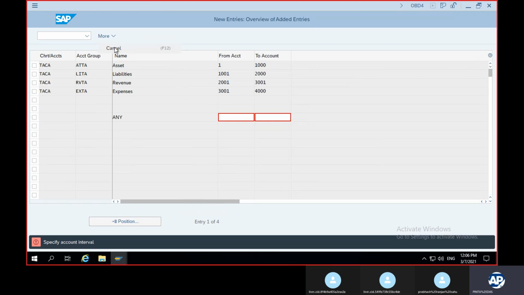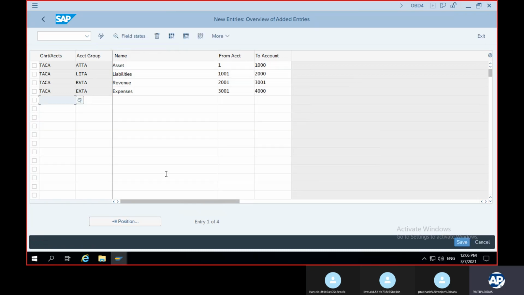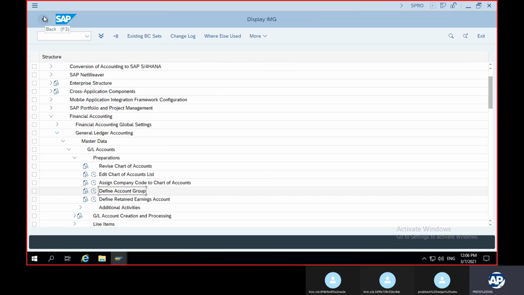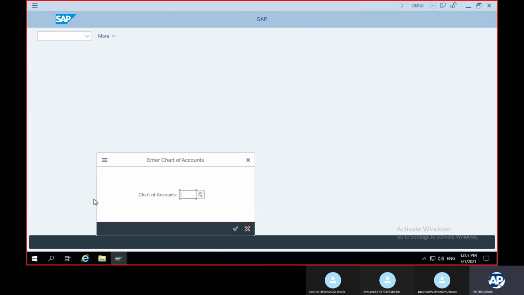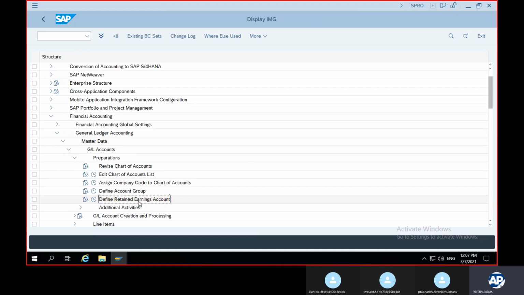So let me go out of this, cancel. Okay, so this account group has been created. After defining the account group, I'll be defining the retained earnings account. So what is retained earnings? Suppose your company is making a profit, then the positive value moves to reserves and surplus.